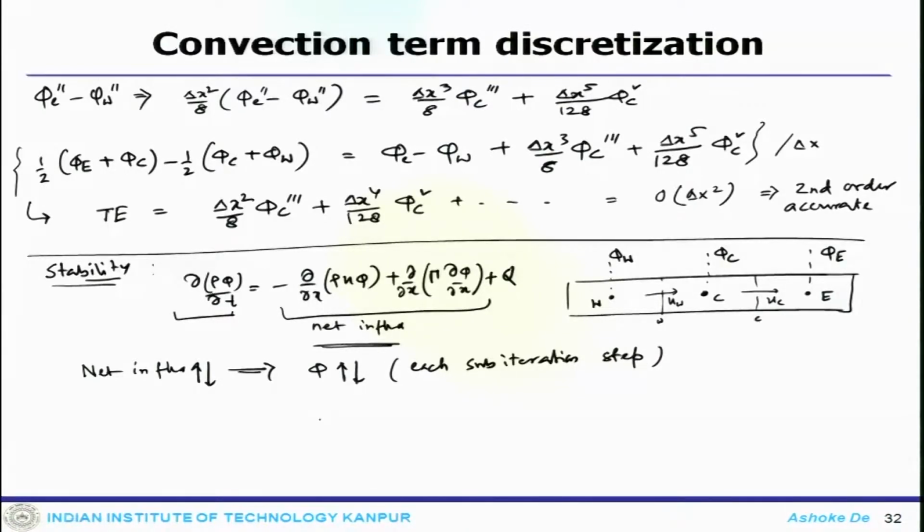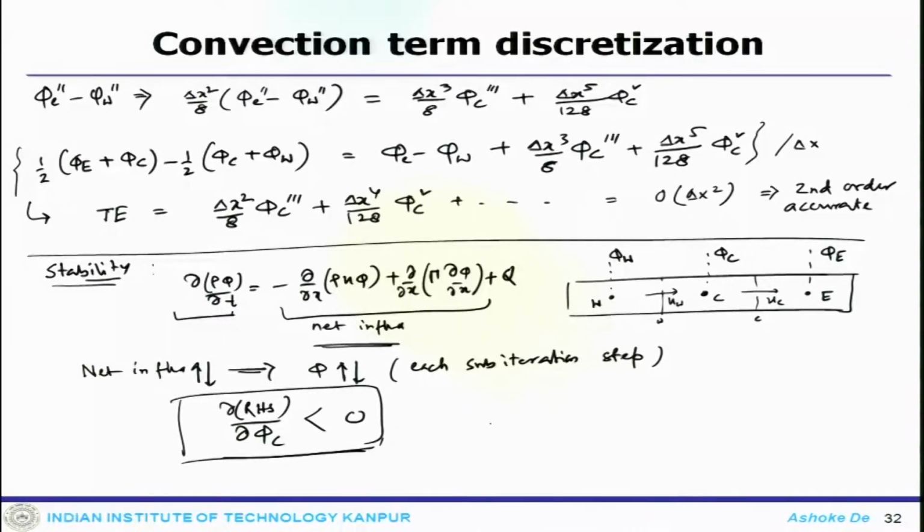So, for this kind of numerical stability, what one has to do is make the right hand side derivative with respect to phi c less than 0. So, that is indicating the sensitivity of phi c in the combined system. Now, if there is an increase or decrease in phi c, which will correspond to an increase or decrease in the influx, which will in turn push phi c downward or upward to correct the value. So, it is a self correcting situation.